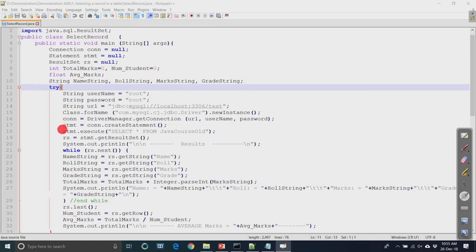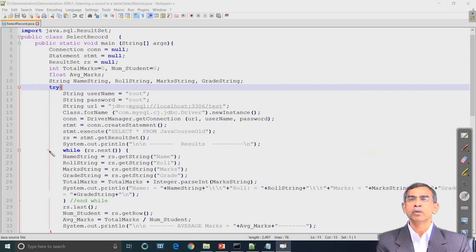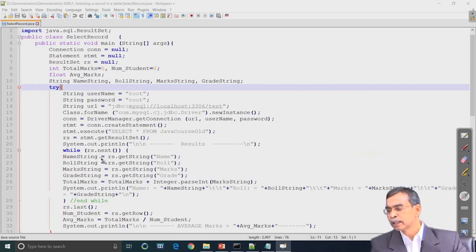We are already familiar with these from our last two demonstrations. Now, we are going to process the RS object. RS dot next returns a Boolean value. The RS object contains the set of records that it receives, that means all the rows. RS dot next will process until the end of the rows. Initially, the number of rows is not empty, so it will go to the first row, and RS dot next is true. As it is true, it will go to this one.